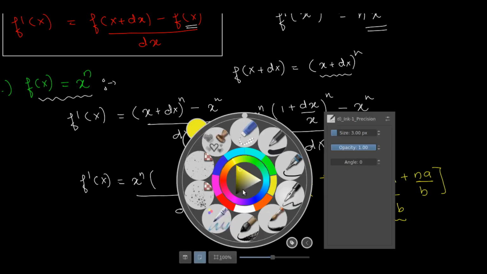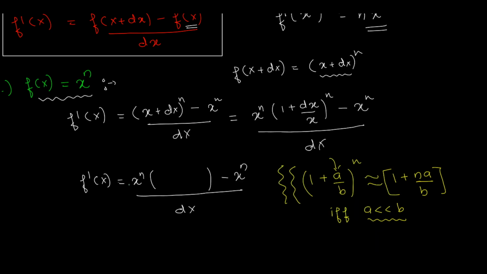So I'm going to use that, and x to the n, this little bracket, I think I can actually write it as 1 plus, you have dx, and you already know that dx is very small value, right? So dx is already small, so I can use this. So it's going to be n dx by x. All right, great, it's working just well for me. Fine. So far so good.